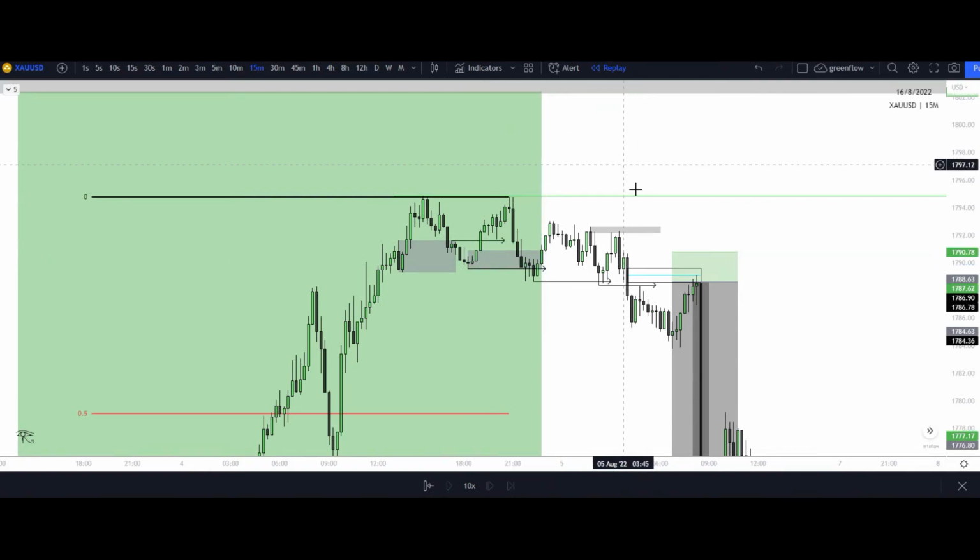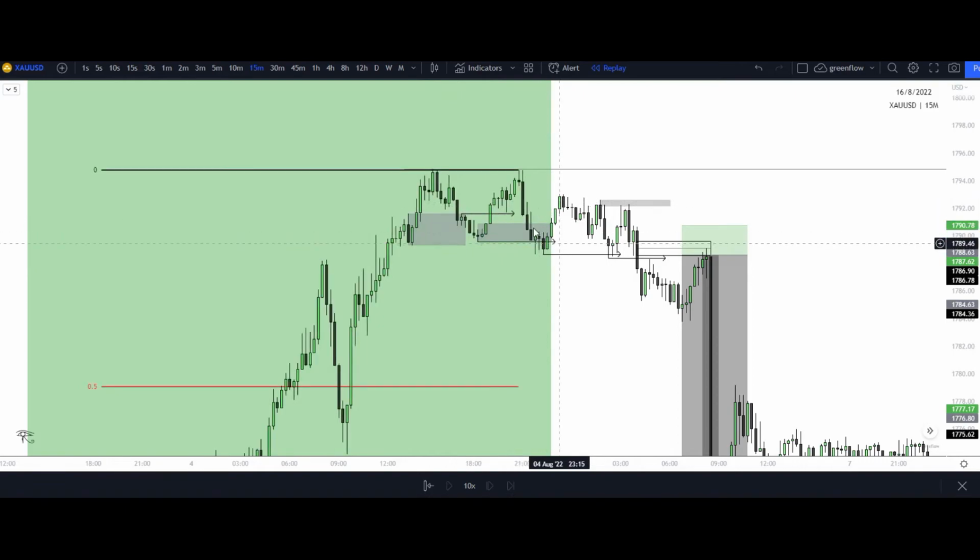Where's that disproval coming in? Right there. Where is the confirmation of that disproval? Right there, right? Let me check the mentions real quick. But anyway, we saw price disprove us to the downside right here as far as the longs go. So I'm not still looking for longs at this point in time.